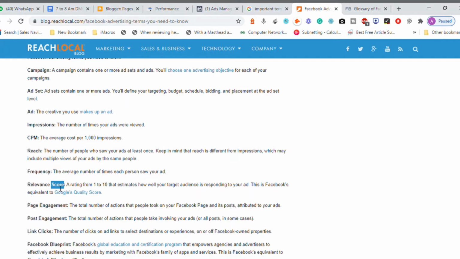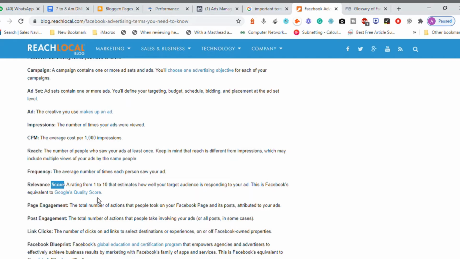Now Facebook has come out with lots of options like reactions, mentions, sharing, liking, commenting, and all this. The more likes, comments and shares a post receives, the more it is considered a viral post. If lots of people are responding to a post, it is called a viral post, which means it will reach more people within a shorter period of time. So going viral. The relevancy score should be good, and the page engagement should also be good.